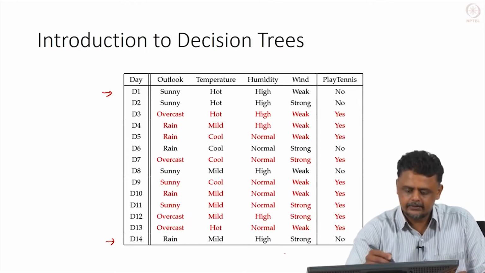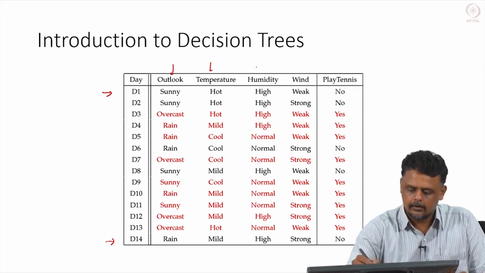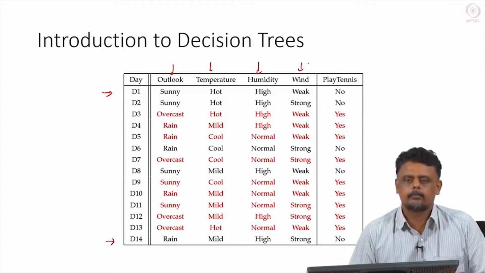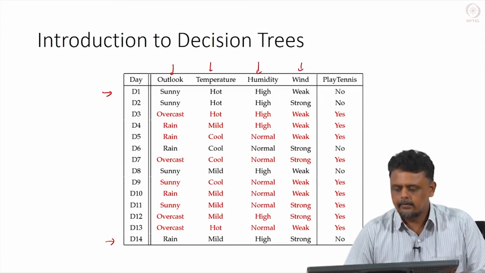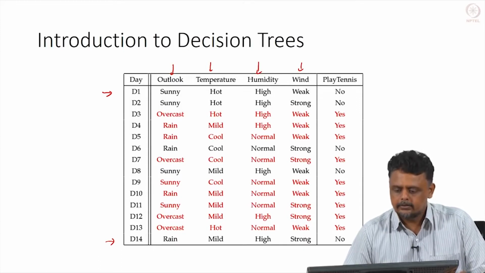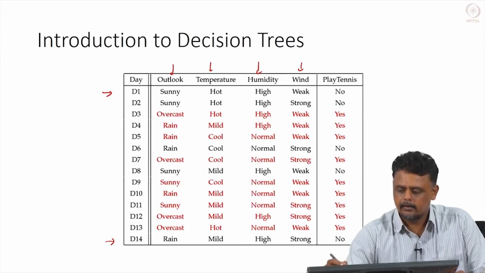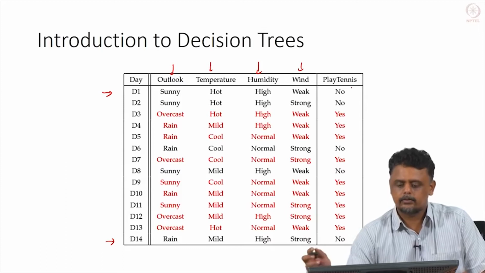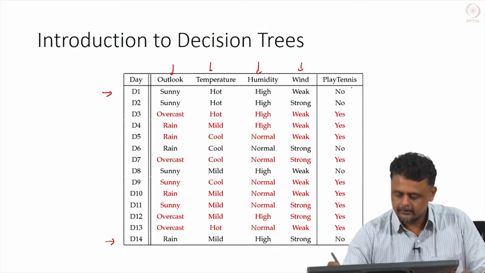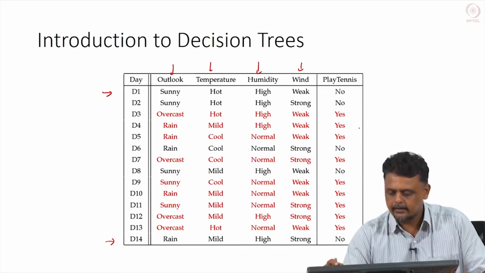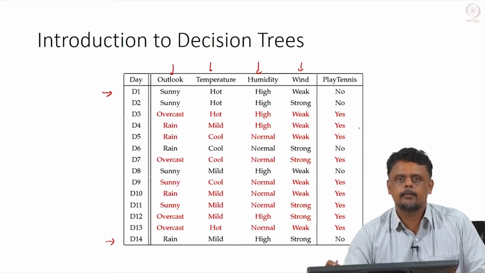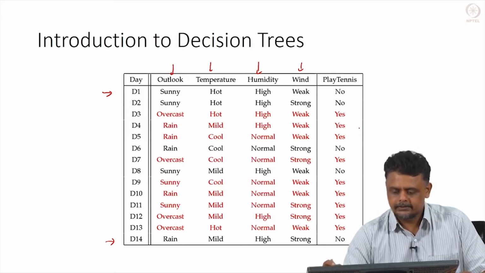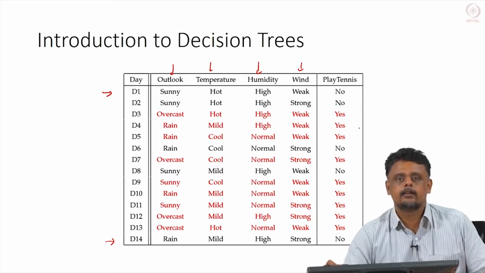There are 4 features you can see here: outlook, temperature, humidity and wind. And you can consider this our training data, and based on these 4 features and the data points provided, the decision has to be made regarding whether to play tennis or not, right. So, you can see all the yes decisions are marked red and the decision no's are marked in black. So, we have 4 features, about 14 data points, and based on these features we have to decide whether to play tennis or not.